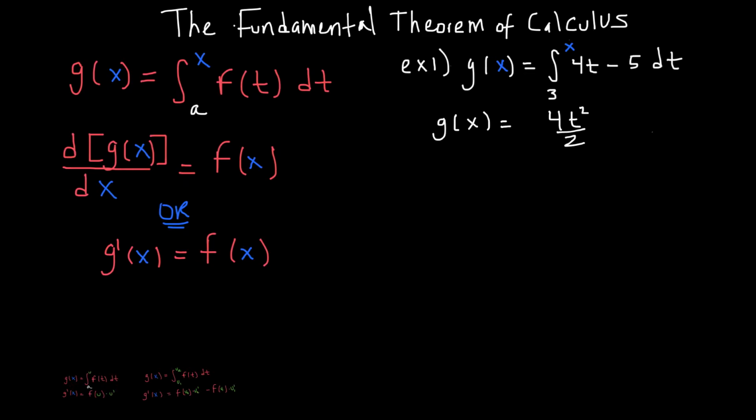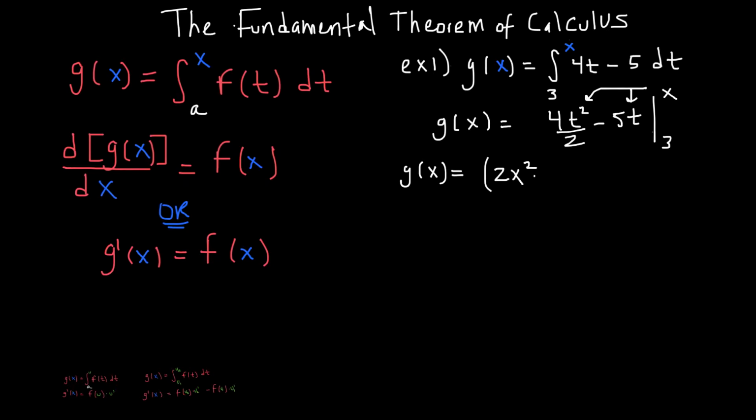Notice that I'm not taking the derivative. I'm just saying, since g of x says take the integral, then go ahead and take the integral: 4t squared over 2 minus 5t, and this is evaluated from 3 to x. I can still do some work with that, so I'll continue. G of x is equal to, now let me evaluate. The 4t squared over 2 becomes 2t squared. But then I'm replacing upper limit minus lower limit, right? So it'll be 2x